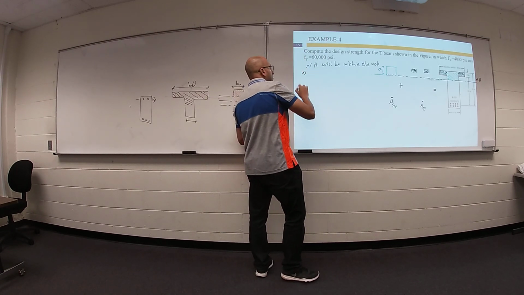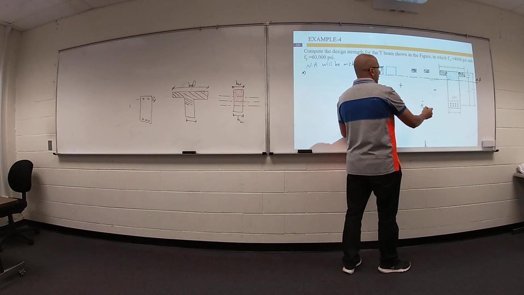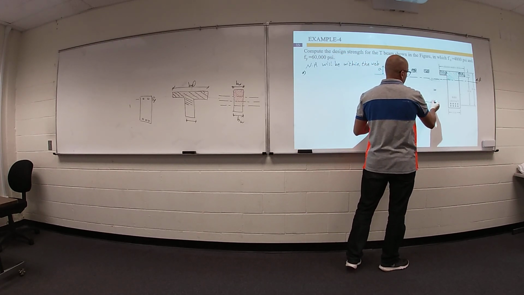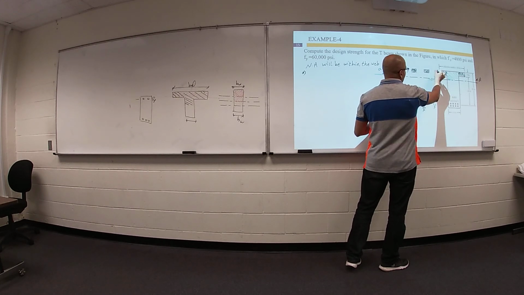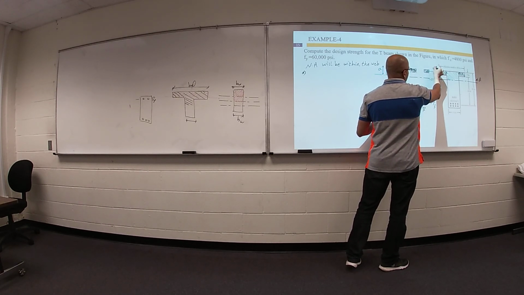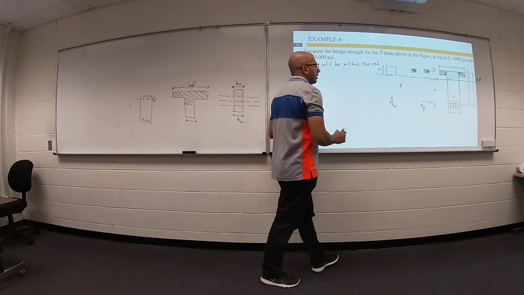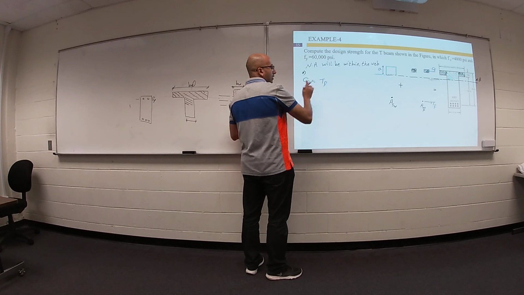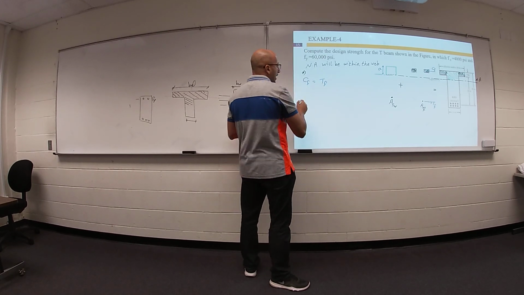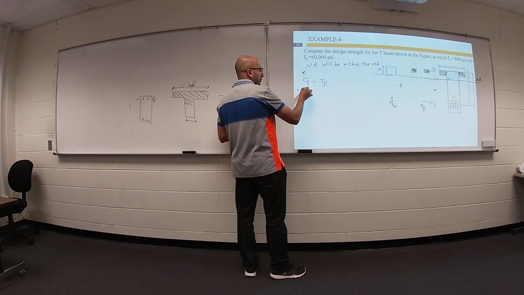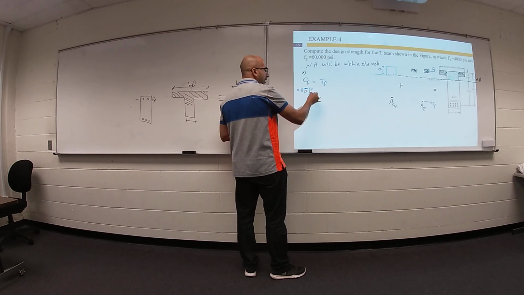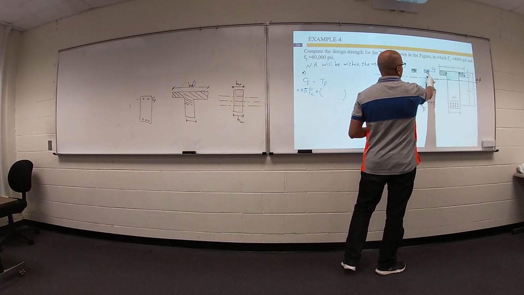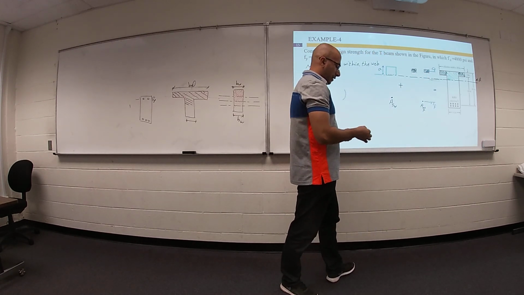Anyway, let's start with the first part. We have tensile force called T flange. We have compressive force called C flange. C flange equals T flange. What is the value of C flange? 0.85 f prime c times, what's this area? b minus